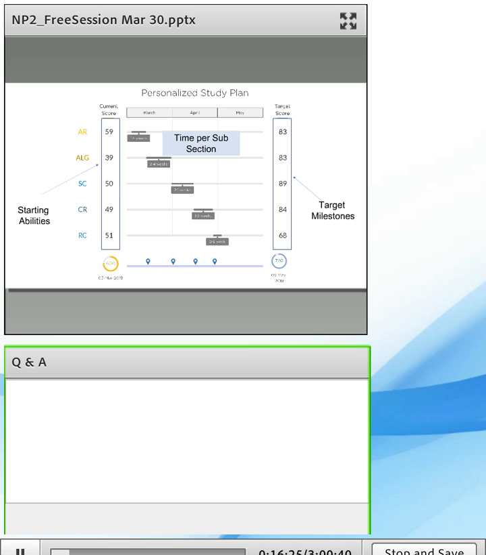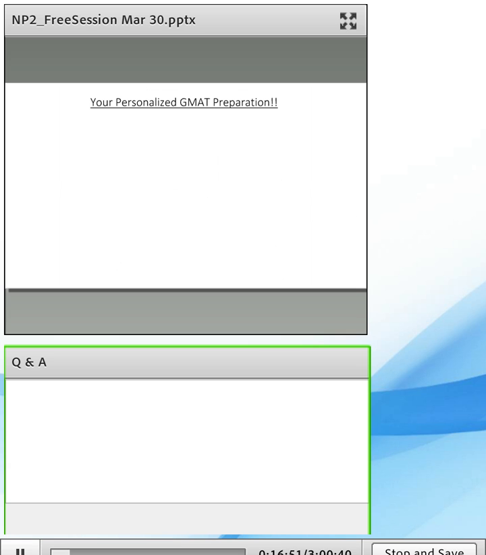But essentially, when this happens, you can really visualize your preparation. You can really look at the areas of your focus. You don't divert while preparing. You know that for the first 10 days or so, or 11 days, you're going to focus just on arithmetic. For the next 2.5 weeks, you're going to focus just on algebra, and so on and so forth. Why is this important? Because it tells you these milestones.